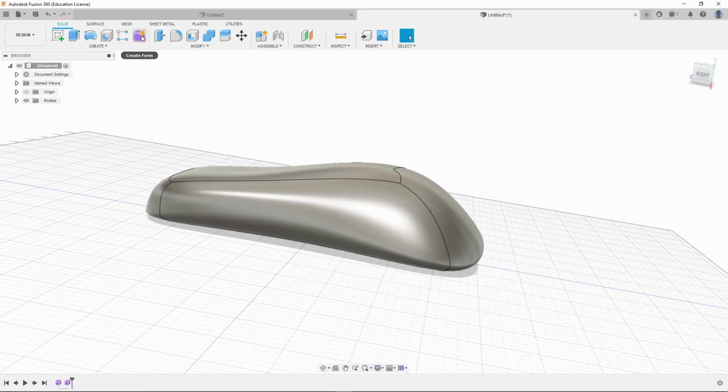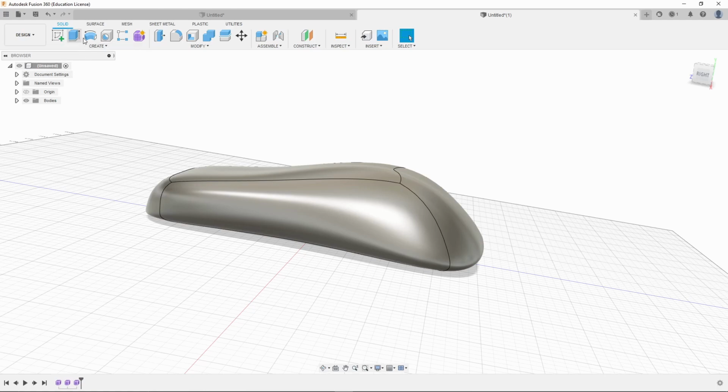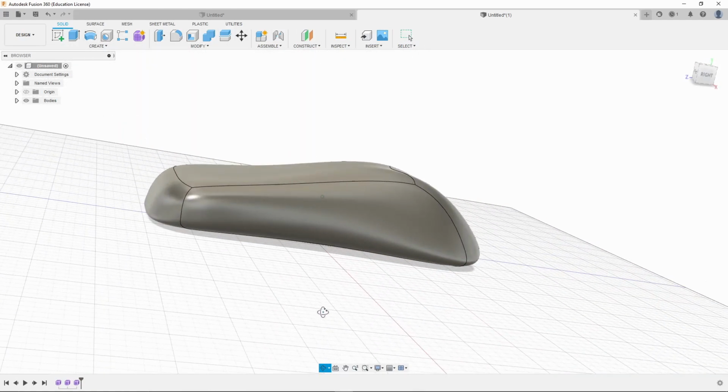So I've come back out of the form tools. So if I go back into the form, you'll see what I mean. I've got all of these settings up here when I'm in the form tools, but when you finish, it comes back out and you get your original menu back up again. All right. So the second step then is going to be